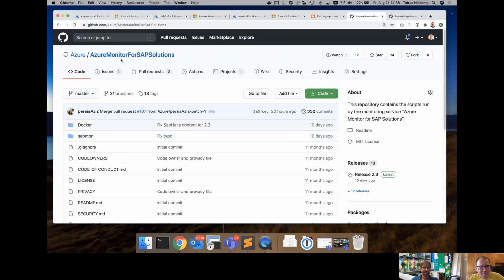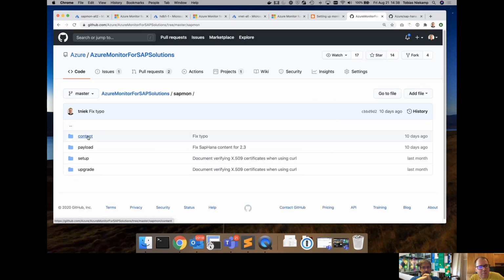So here, this is our GitHub repo that contains the source code for the collector that runs on your VM and connects to the different source systems as you configure the providers.